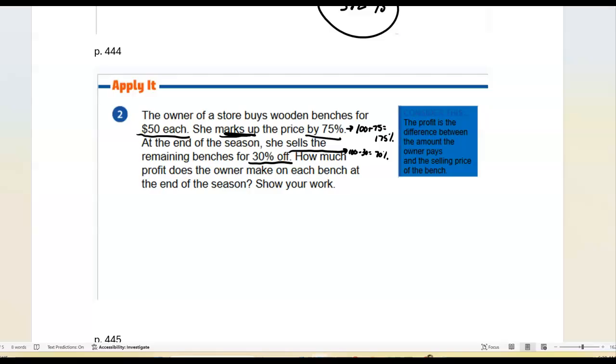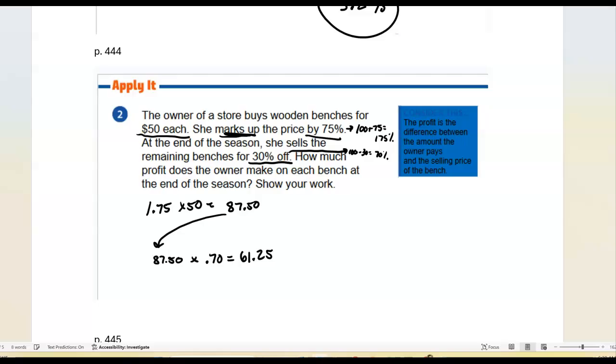So let's start off by how much does she sell them at the start of the season? So that would just be the 75% markup, which we know is 1.75, since it was 175%, times 50. So at the start of the season, 1.75 times 50 gives us, she's selling that for $87.50. And then she says, I'm going to offer a discount at the end of the year. So I'm going to take this price, $87.50, and now I'm going to charge people 70% of that price because it's a 30% off discount. So times 0.70. So that means at the end of the season, she is charging